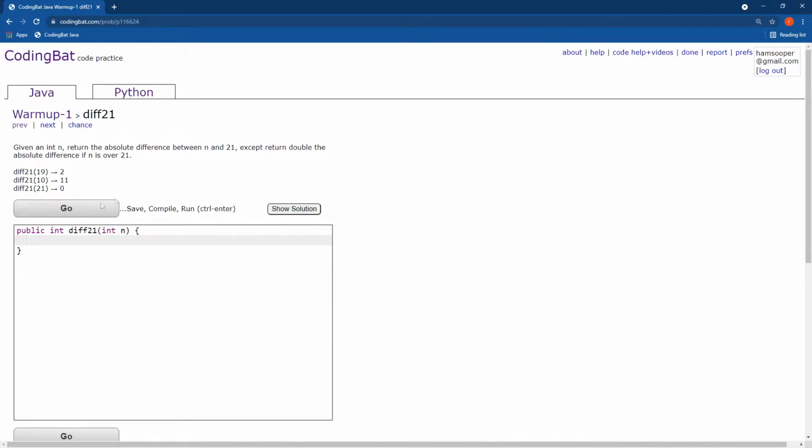Okay, perhaps you are back now. Let's go ahead and solve this problem. So return the absolute difference between in and 21, except return double the absolute difference if in is over 21. There are quite a few ways I could do this. I'll just do one way now, and then maybe we'll try some other ways. So here's how I might do this. So it says return double the absolute difference if in is over 21. So if in is over 21,